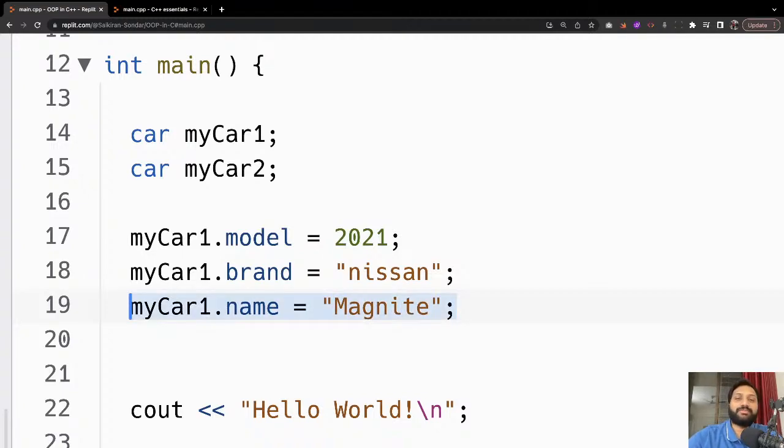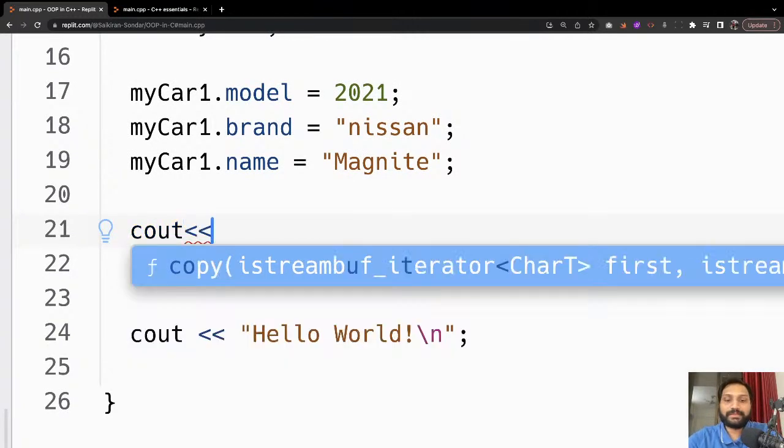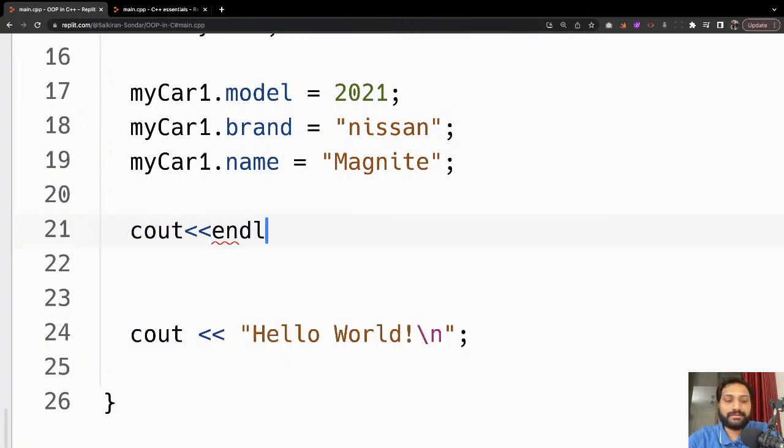ठीक है, आई जस्ट गिव यू वन स्मॉल एग्जाम्पल. नाउ यू डू cout. endl की जगह पे यू कैन यूज़ दिस ऑल्सो, hash line new \n. ओके,